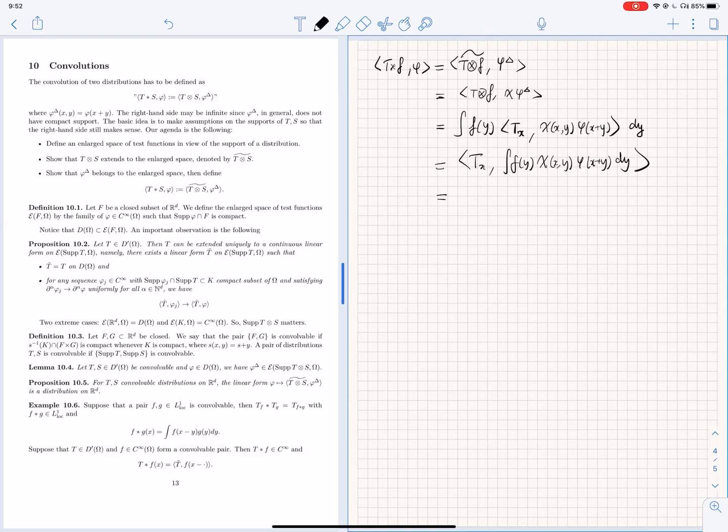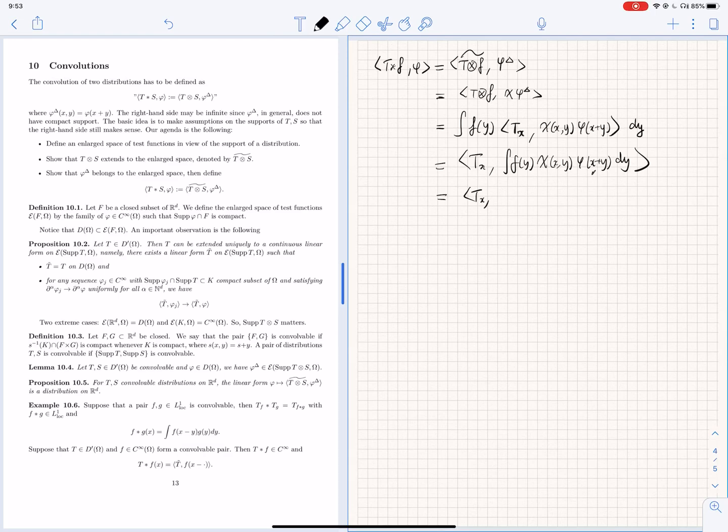So let's pass the dependence on this x variable, or let's pass the x variable all to the function f and the chi, so that I can separate this phi from the others in order to have a formula of the type a distribution applied to phi. Okay, so this change of variable, let me just call x plus y z,